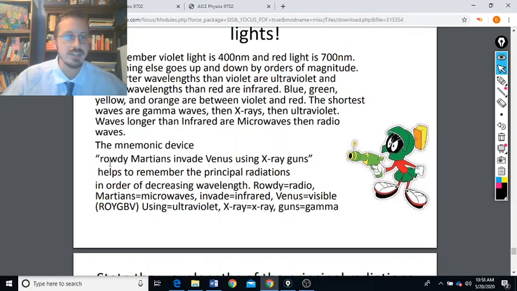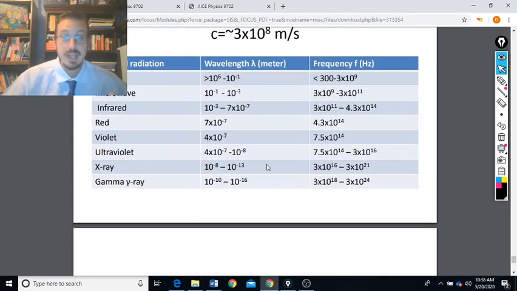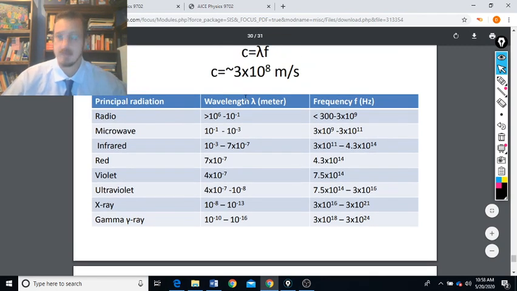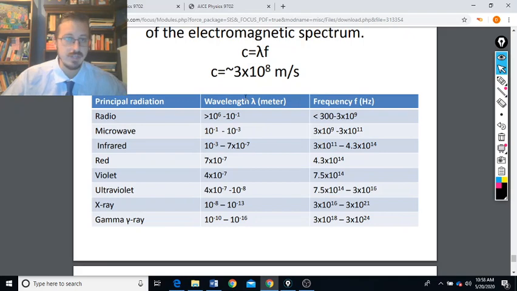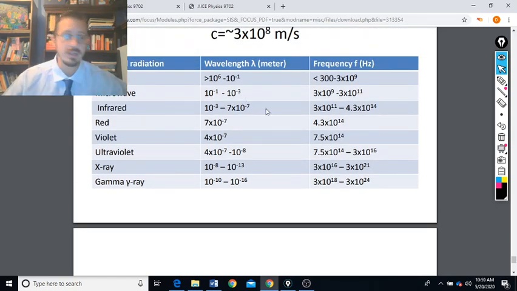There's this mnemonic device to memorize the order: Rowdy Martians invade Venus using X-ray guns, for radio, microwave, infrared, visible, ultraviolet, X-ray, gamma. And for ACE physics, it's important to know what these values are. There was a really good vocabulary review video where all of those wavelengths are mentioned. I'll leave it to you to take a look at that. This is definitely something that should be in your notes, and here they're all listed in meters, and that's the same way that the